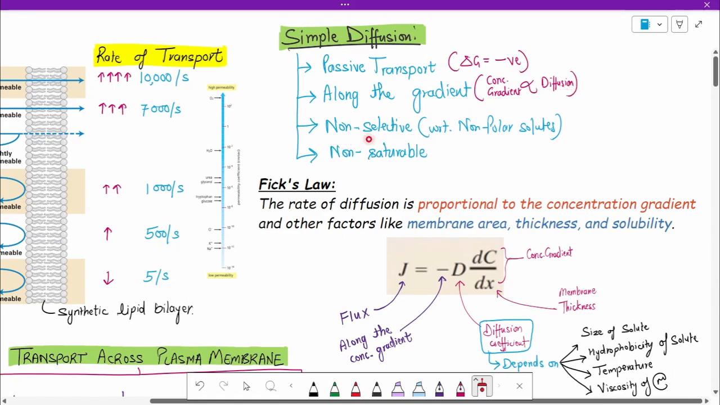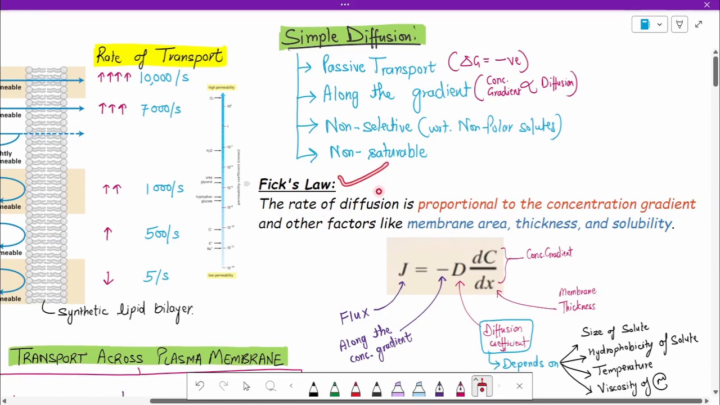Mostly it is non-selective, and it shows non-saturable kinetics. What do we mean by non-saturable kinetics? That on a graph it will show a straight line. Okay, if it were saturable kinetics, it would show an S-shaped curve like we see in Michaelis-Menten kinetics. But it is non-saturable, so it will follow a straight line on this graph. Alright, we will study these graphs in a little while, but before that we need to know the first law